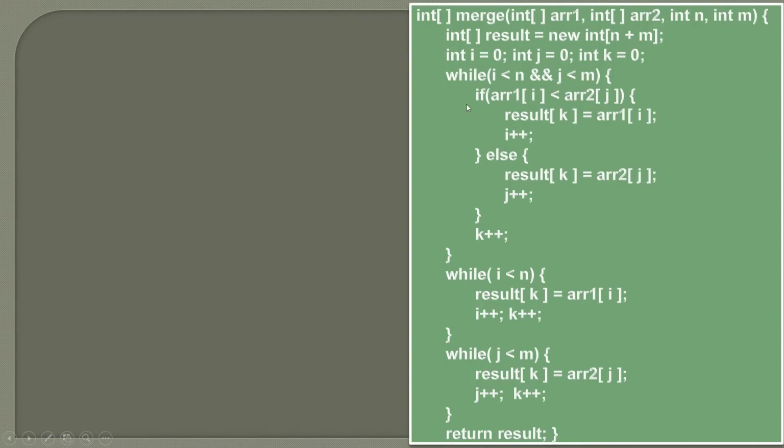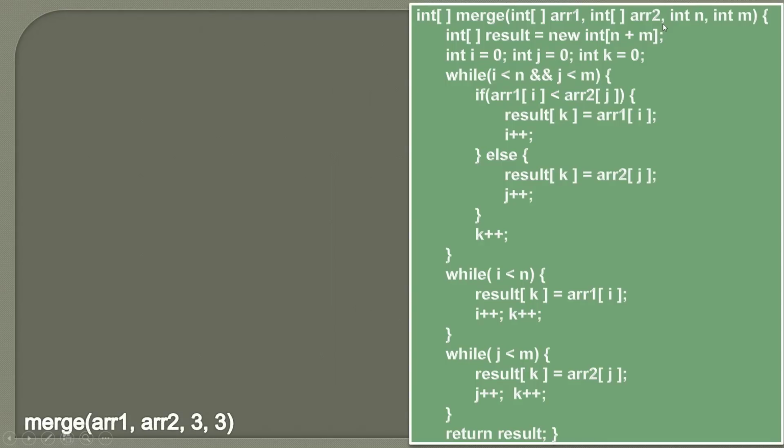So here you can see that this is the algorithm to merge two sorted arrays, array1 and array2, into a result array and simply return the result array from this method merge. So let's see the demonstration of this algorithm step by step. Initially when we call this merge method, we pass in the two sorted arrays, array1 and array2, and we also pass the length of these two arrays with variables n and m. So n will correspond to the length of array1 and m will correspond to the length of array2.